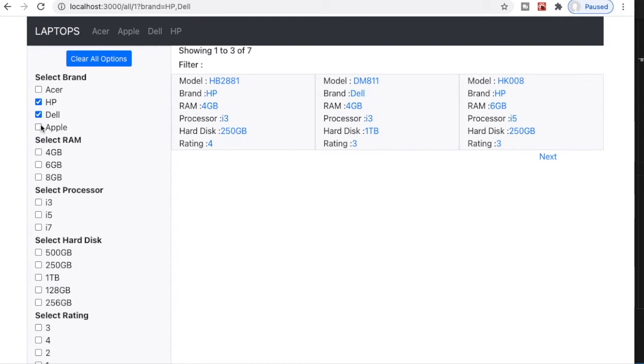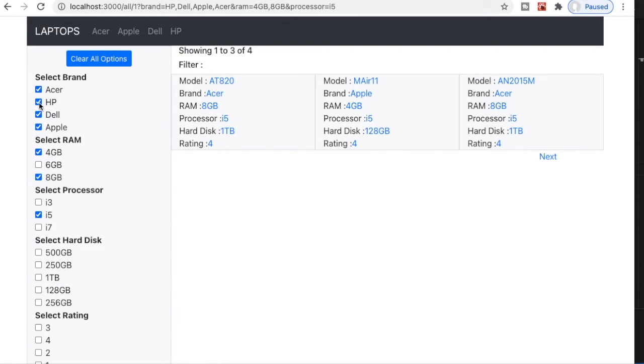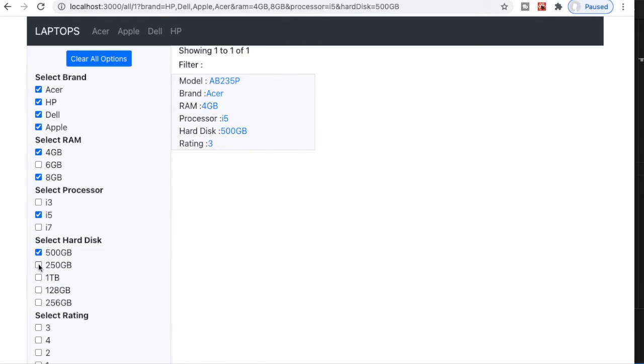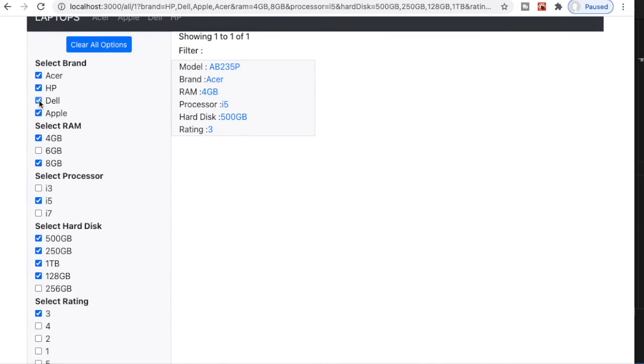The URLs, let's just first test the URLs. They seem to be working fine, and you can see how this is working.